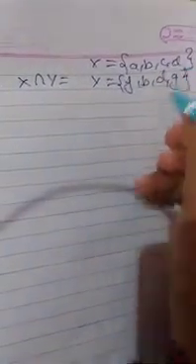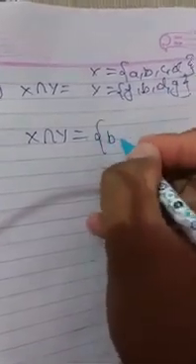Now in the third part, X intersection Y. X intersection Y means the like elements. In X it is given as a, b, c, d, and in Y it is given as f, b, d, g. So the like elements will be X intersection Y. So X intersection Y is b and d. So {b, d}. This is your answer. Okay, thank you.